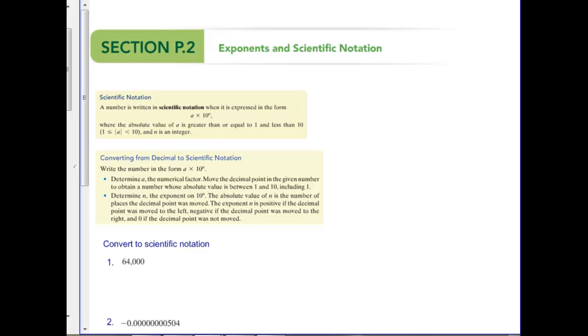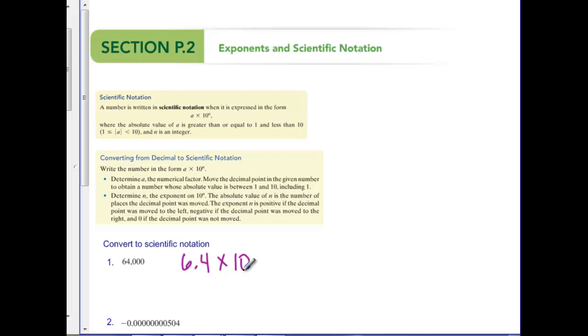So, scientific notation. The big thing to remember is it's a number times 10 to a power. That number has to be 1 or bigger, but less than 10. So basically you have to have a whole number and then a decimal. So an integer, decimal, the rest of your number, times 10 to a power. So for 64,000, the decimal for the number part is going to go where? Yeah, so I have 6.4 times 10